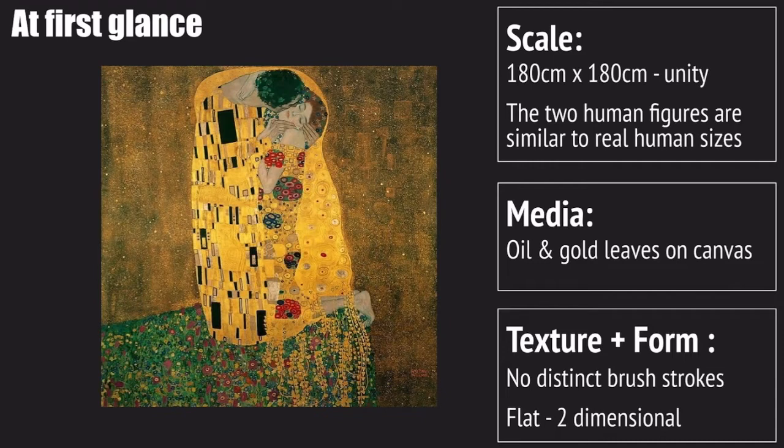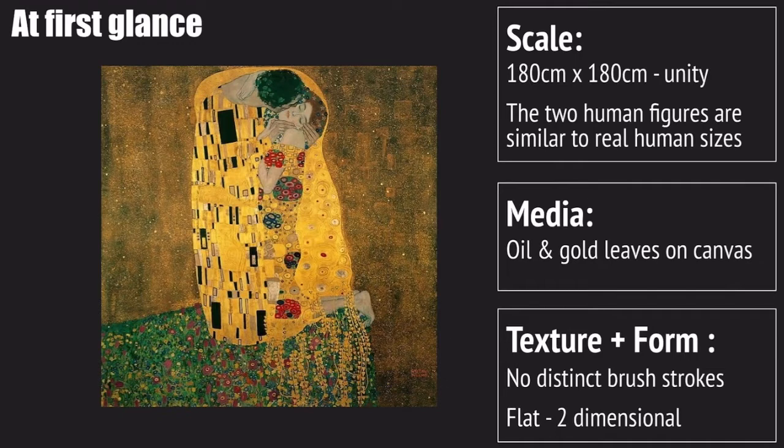The Kiss is a very typical painting of Klimt's gold period, influenced by Klimt's father being a gold engraver. The media of the painting is a mix of oil paint and gold leaf. The texture of the painting is very flat. The viewers cannot see any brushstrokes. Unlike the perspectives emphasized in traditional Western paintings, the form of the painting is two-dimensional, almost like a snapshot that documents